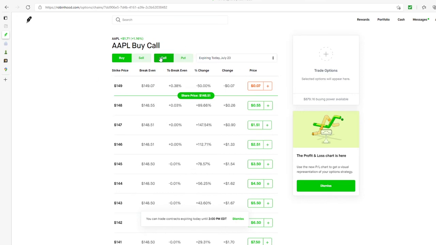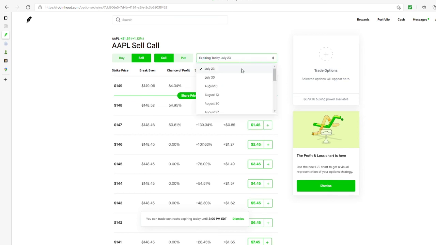You click on either call or put to bring up the put options and call options for Apple here. And you can toggle between buying or selling. So it's pretty intuitive to find every aspect of the option chain that you want. The strike price is on the left side here, and you can see that they even calculate the break-even prices for you. Robinhood defaults to showing you the closest expiration date,